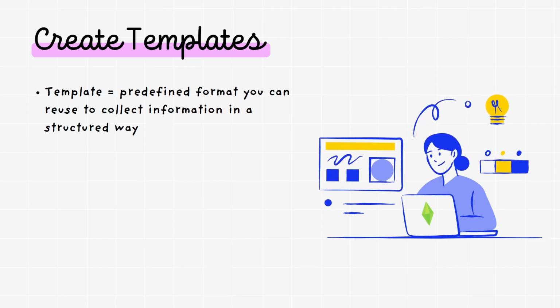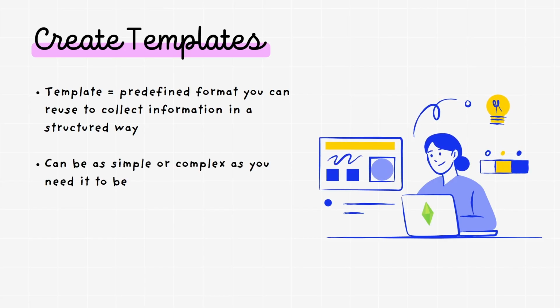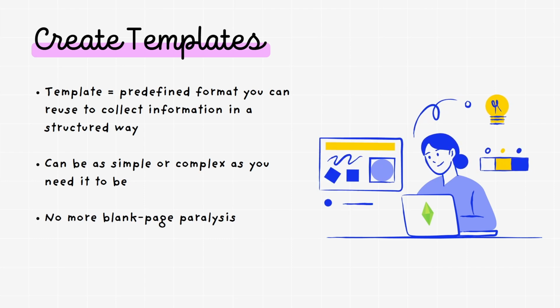It also acts as a reminder of what you actually want to keep track of. For example, for Sims, you might want to always keep track of their traits, life stage, aspirations, and skill progress. You can set up a template anywhere you like to keep notes, for example, in a doc file or Notion or OneNote. If you prefer pen and paper, you can always print out the doc file and reuse it. It can be as simple or complex as you need it to be. You can just simply have a notebook dedicated to The Sims, but with a template, you don't have the blank page paralysis anymore. So this is basically something that would hold you back from keeping track